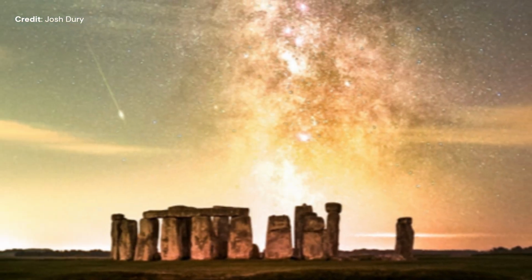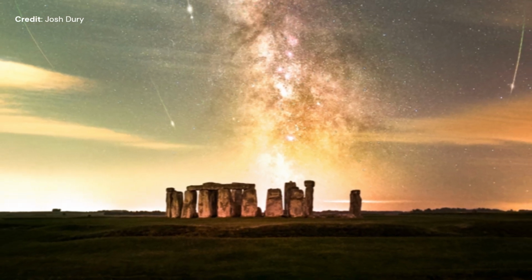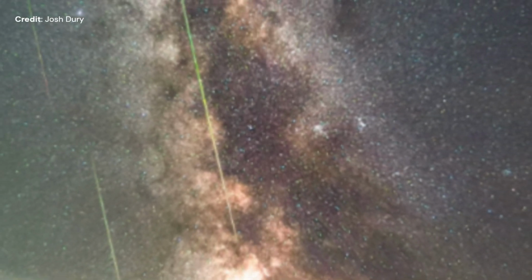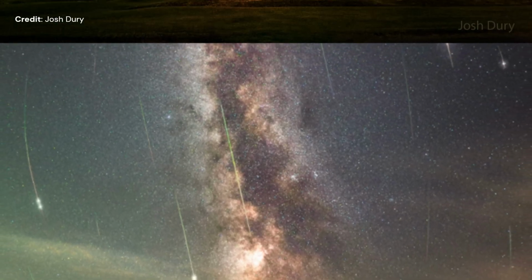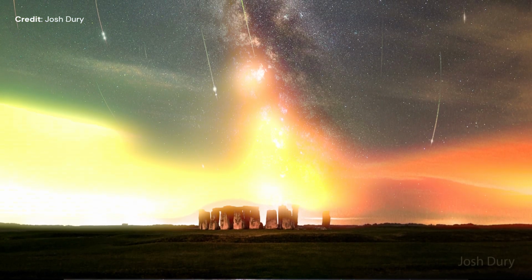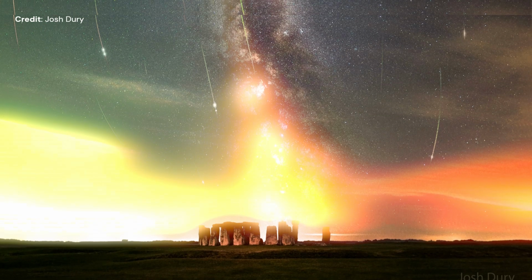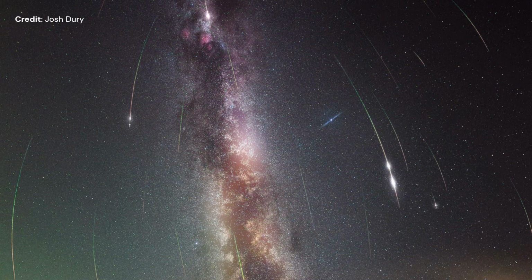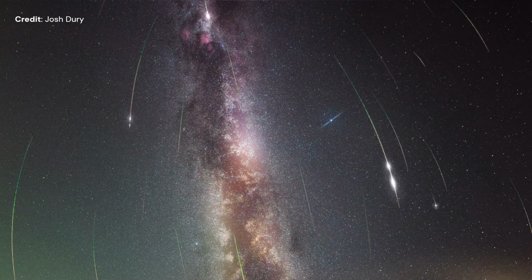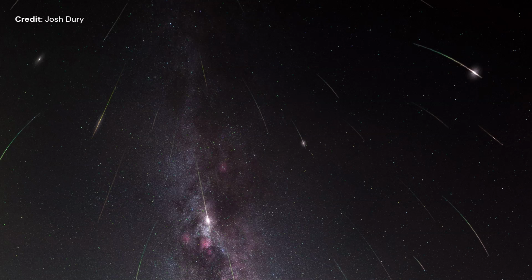I leave you this week with a picture from Josh Durry showing Stonehenge in the United Kingdom at the bottom and his night sky. This picture is a merger of several wide-angle camera pictures of the famous Perseid meteor shower which happened some days ago. The same camera took a deep image of the background sky that brought up the central band of our Milky Way galaxy running nearly vertically through the image center. Although the Perseid meteor shower peaked a few nights ago, some Perseid meteors should still be visible for a few more